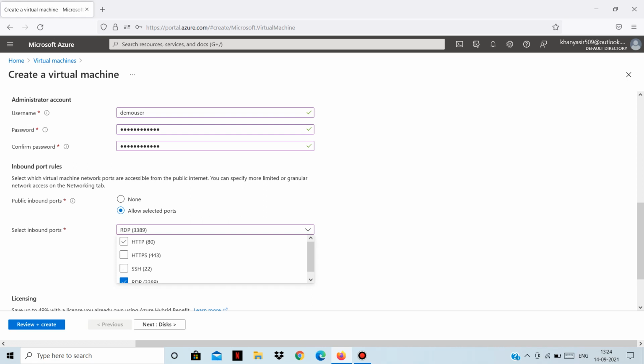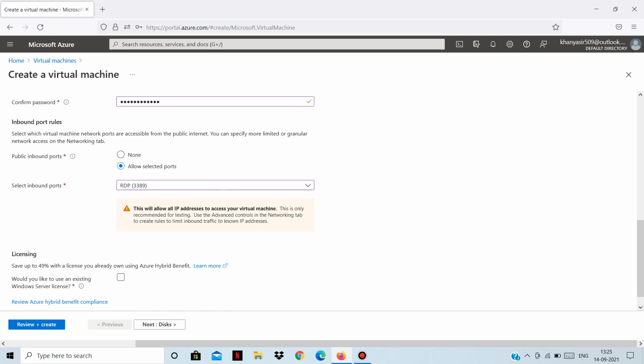But let's see what if we don't enable it. We will need to enable this later, but let's see what will happen if I don't enable this. Will we be able to access our website or not? We will get the answer to that later. Right now I will just enable RDP so that we can connect to this virtual machine using remote desktop protocol. We don't need any licensing right now here.